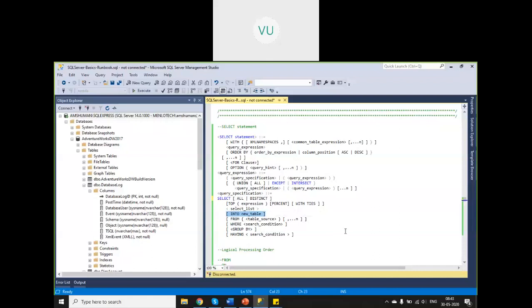The result set is the number of records and columns which are retrieved as part of your select step. And from is the table source. So from which table you want to retrieve the records, and it can be a number of tables. That is where joins will come into picture, which we'll discuss. If there are a number of tables, that means you are joining multiple tables. But the simple one is you retrieve from at least one table, right? So the from clause is mandatory, right?